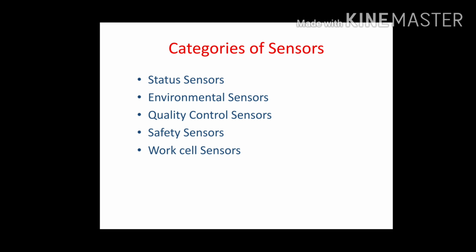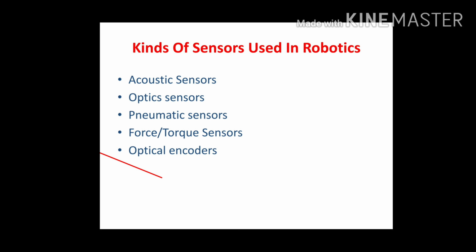Status sensors. The main primary use of the sensors on a robot is to sense the position, velocity, acceleration, and/or torque force at each joint of the manipulator for position and motion control. These sensors are an essential part of basic or internal closed loop control systems and are called internal sensors or the status sensors. The status sensors are called internal sensors.